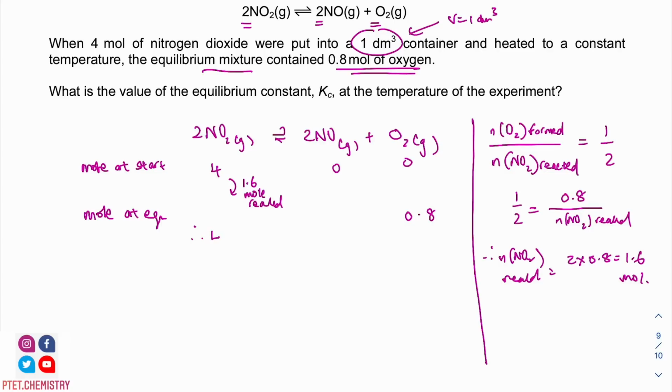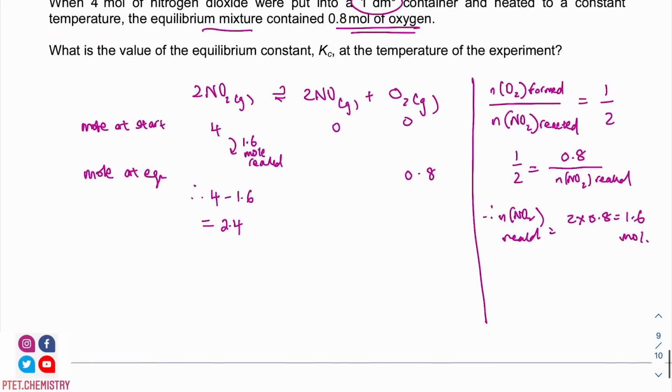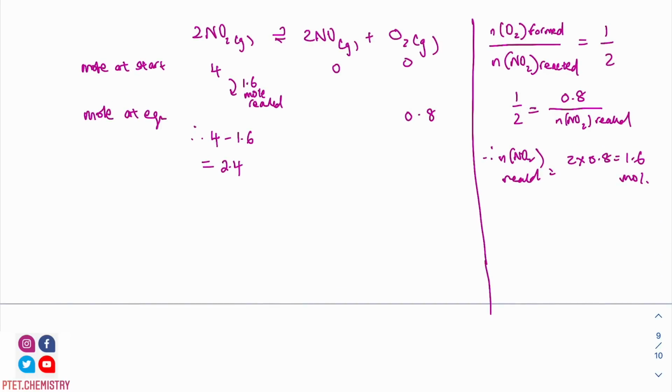Therefore, since you started with 4 and you reacted 1.6 mole, you are going to end up with 2.4 mole left at equilibrium. Start with 4 mole, you reacted 1.6 mole because of the mole ratio. Okay, what has reacted and what has formed. Alright, so I hope the next part is